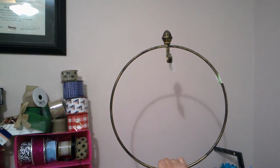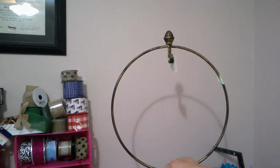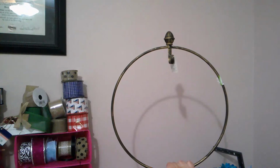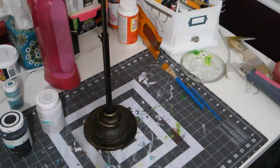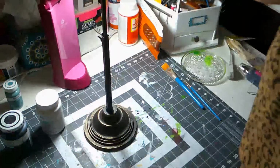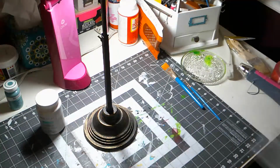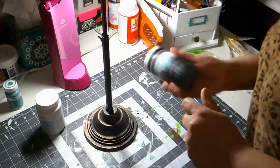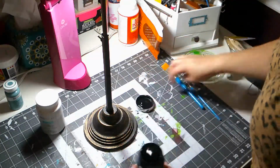So I wanted to show you a really quick, easy way to update this because it's not my personal style. So we are going to chalk paint this with ink. Okay, we're going to start with painting our base in ink by Waverly Chalk Paint. And then I will pause